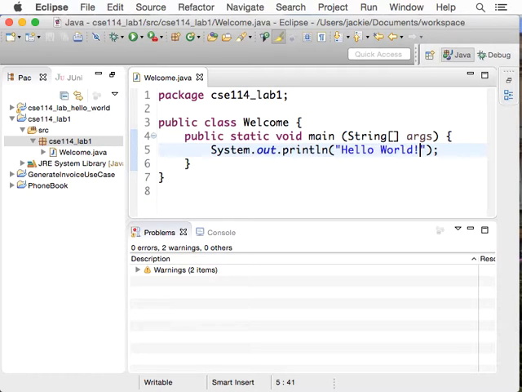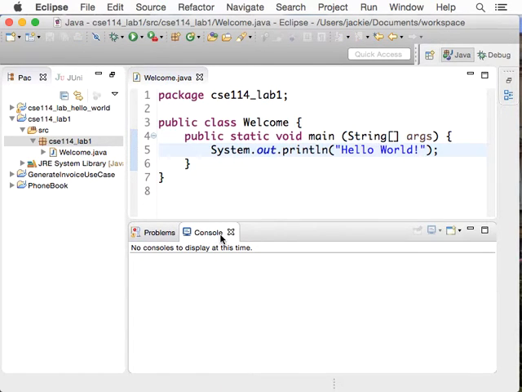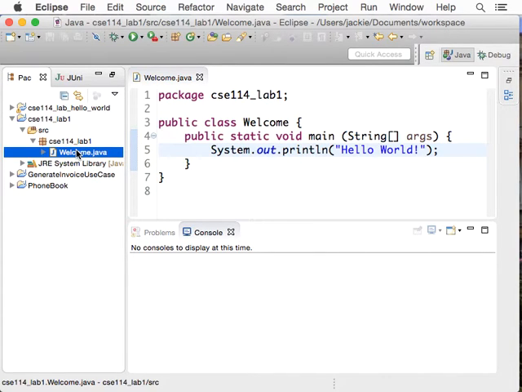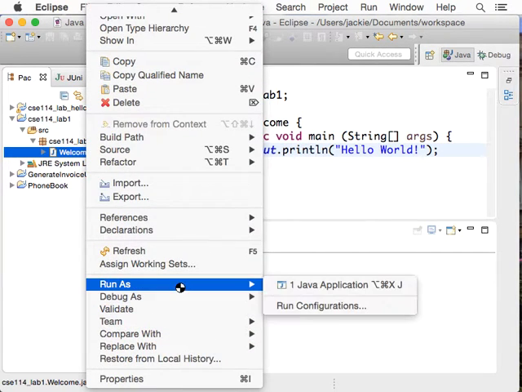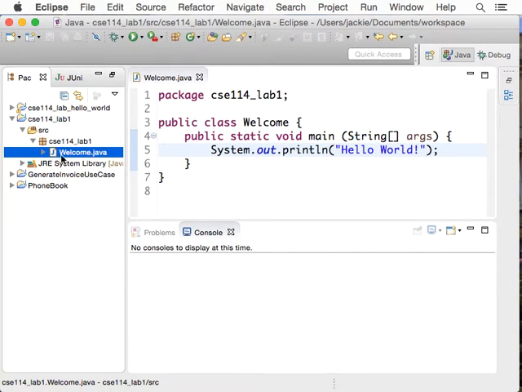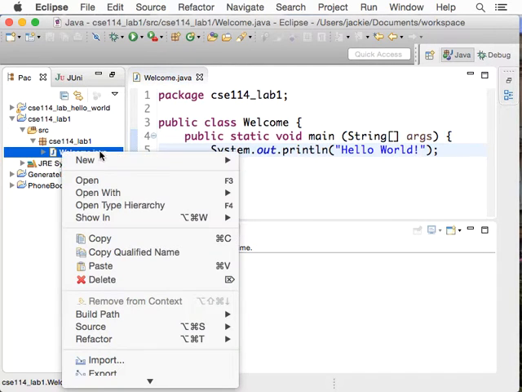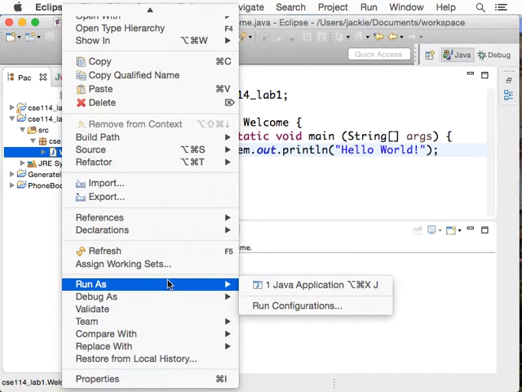But how do you execute that? The way to execute it: go to the console first, very good. And now in Eclipse, you can click on the welcome.java here, right click, and browse to the end of the menu, and say run as Java application. Let me do it again. So right click on the Java class, and then go to the end of the menu list, run as Java application. And if you do that,